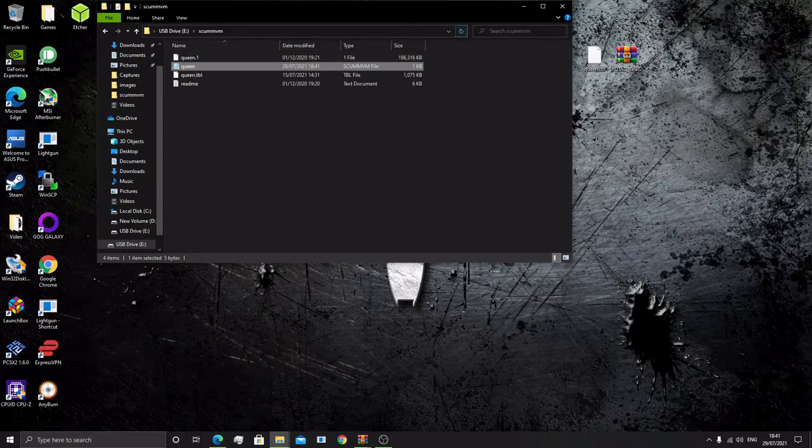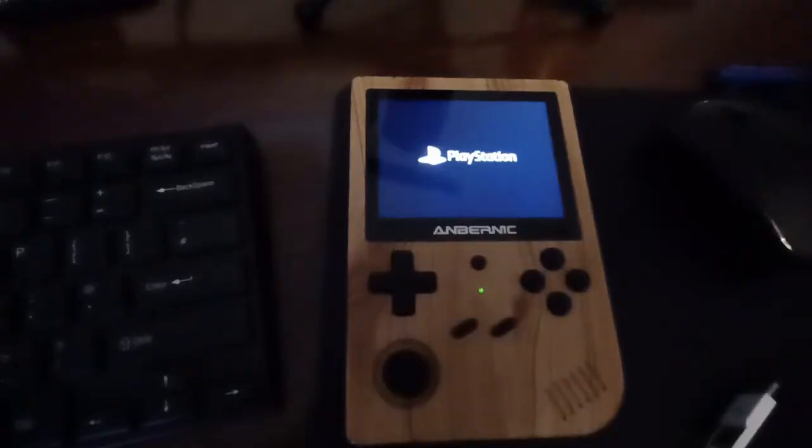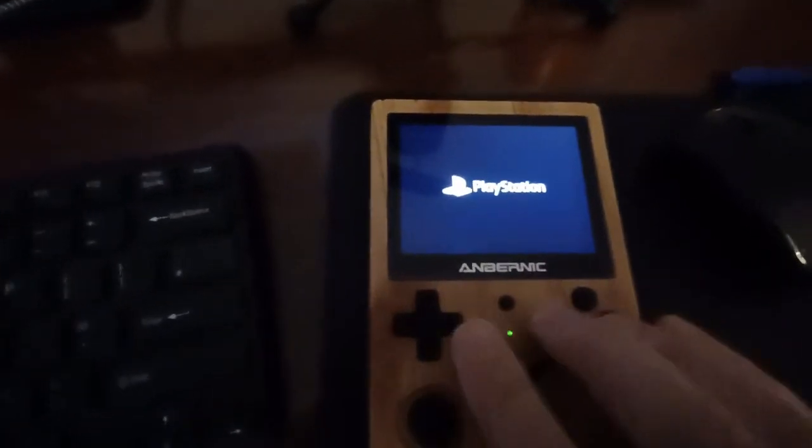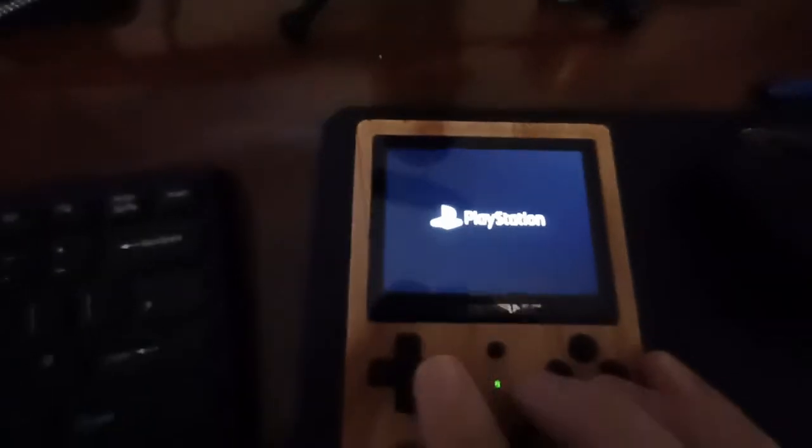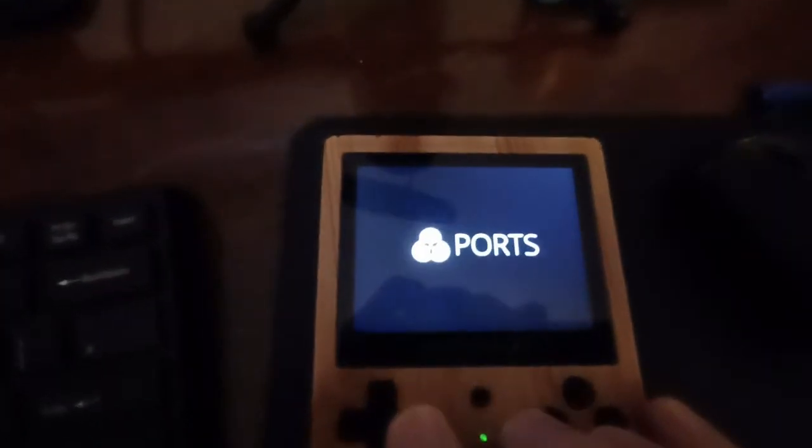Let's see how that looks now on the actual device. So here we are with the device loaded up. Sorry for the poor video quality, I'm filming this on my phone. As you can see, SCUMMVM has appeared as a category, which is always a promising sign. We go in there, and if this camera will focus, you'll see that it says Queen there as a file that I can start. It looks a bit untidy, so the first thing I'm going to do is scrape that game. So edit this game's metadata, go down to scrape right at the bottom,